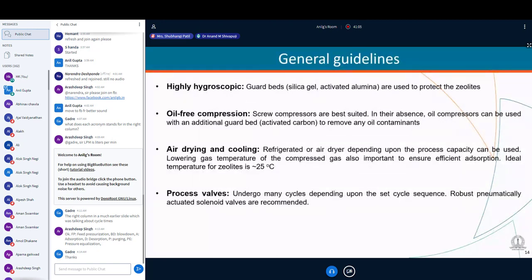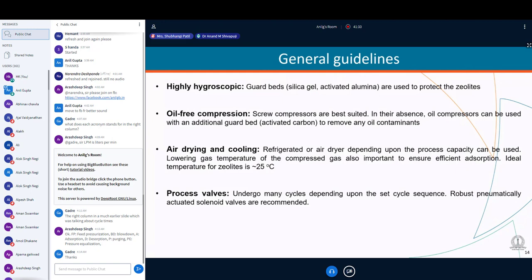And then we need to maintain the pressure, and we need to keep the temperature of the air that goes in low, because the higher the temperature, the more the bed material loses its ability to absorb nitrogen. Typically, as mentioned earlier, the capacity is between 8 to 20 normal liters per kg at 25 degrees centigrade. Suppose the air is at 40 degrees; this can immediately drop to anywhere between 4 and 10 normal liters per kg of bed material. So that is one thing that needs to be clearly looked at.